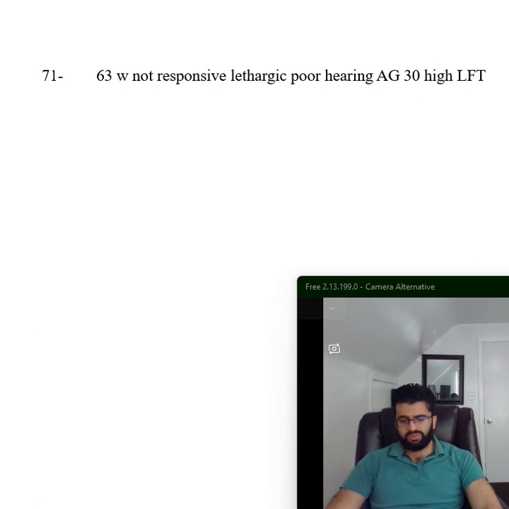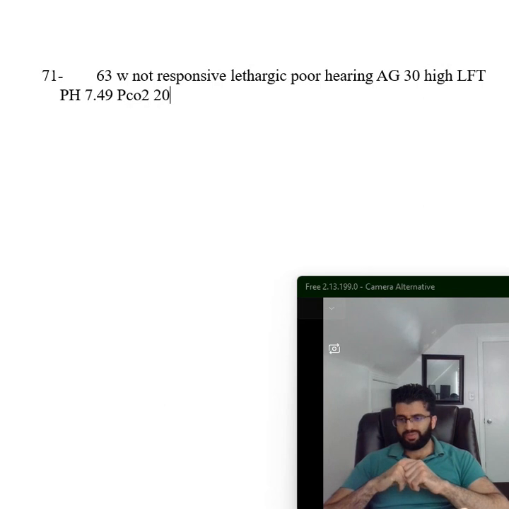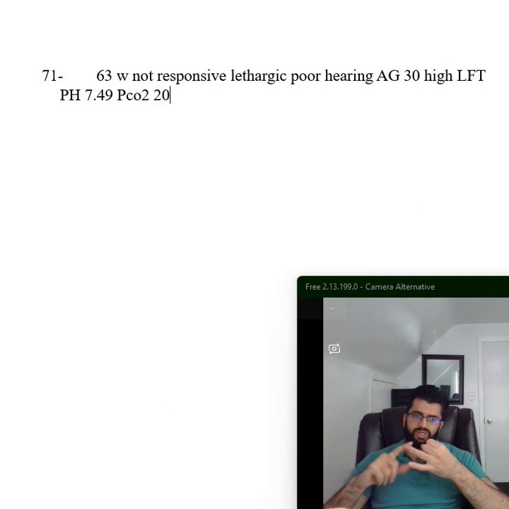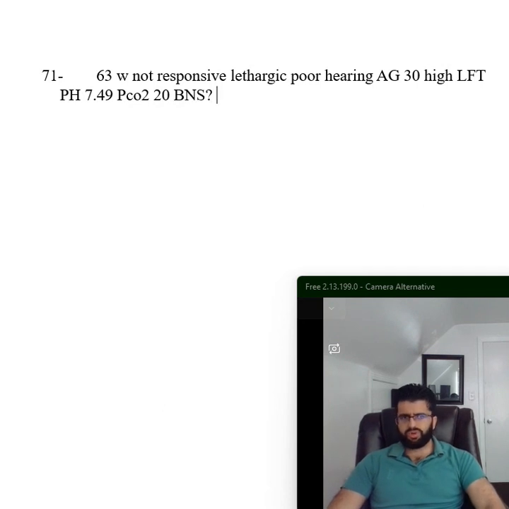So when you check the ABG, pH 7.49, PCO2 was 20. So there is only one condition that causes that. What is that? It causes hyperventilation, metabolic acidosis, and respiratory alkalosis. This is caused by salicylate toxicity. That's the diagnosis. If they ask you about the diagnosis, okay, and they tell you what's the best next step, or which one is most beneficial in helping this patient,